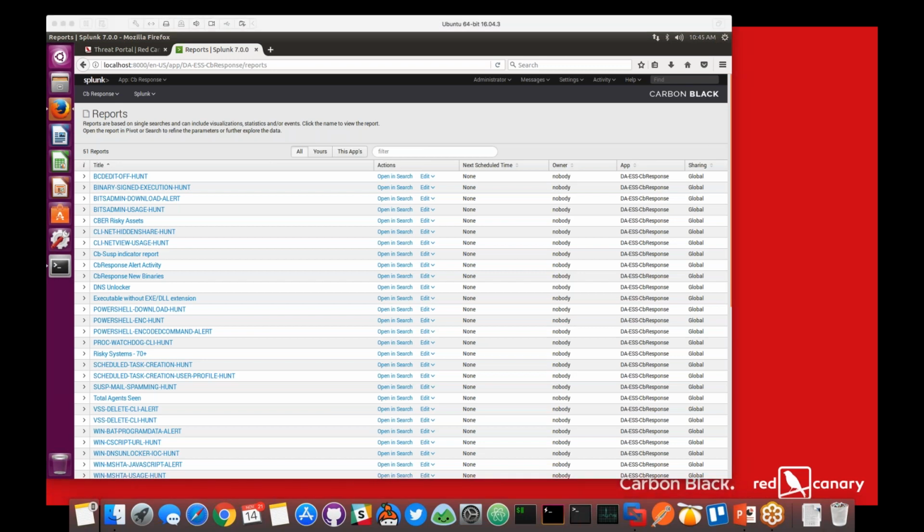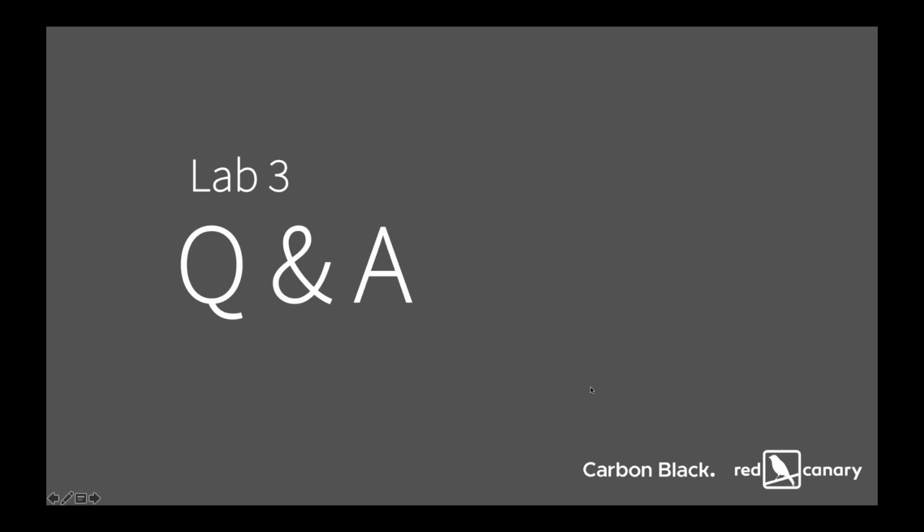All right, and one more question here. Is there a reason we shouldn't forward Carbon Black logs directly to Splunk? Reason to or to not? Sorry. Not to. Oh, no, I highly recommend it. Part of our Splunk and operationalizing Splunk with Carbon Black Response blog series was focused on getting data into Splunk. And if it's any SIEM, I mean, if you have any other product as well, I highly recommend doing it.